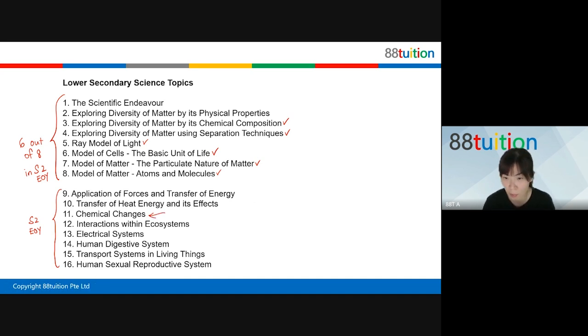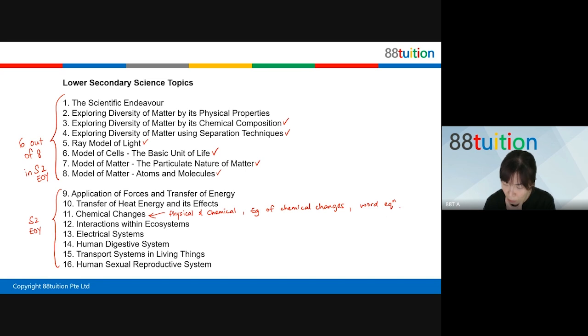Chemical changes is what I'll be covering this holiday, because this is a wide topic. We talk about chemical changes, but it's not just chemical changes alone. You need to know the difference between physical and chemical changes. Then you need to know the examples of the common chemical changes that are taking place in our daily lives. They involve heat, light, electricity. Then you need to learn the word equation. Word equation is not easy. Students can still get it wrong, even though I feel it is quite straightforward.